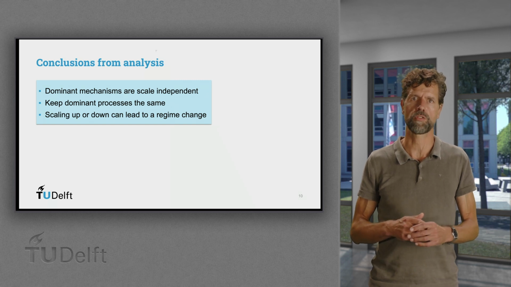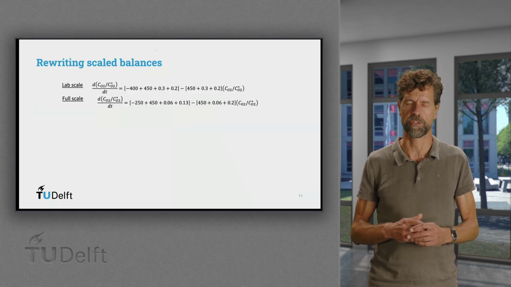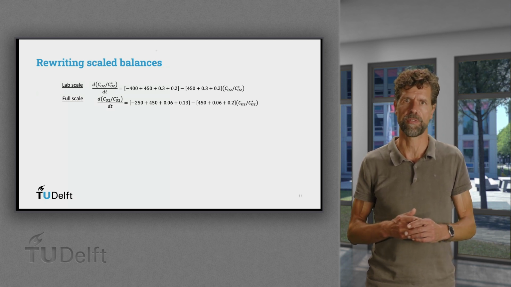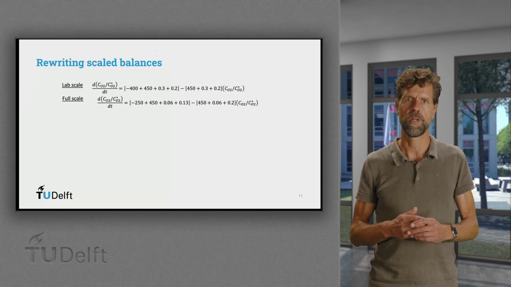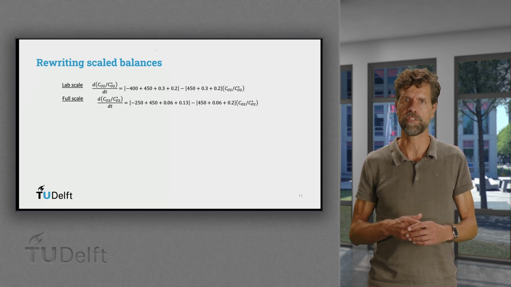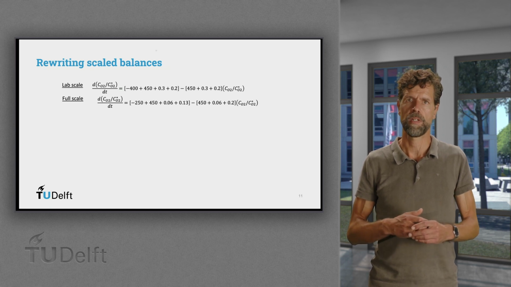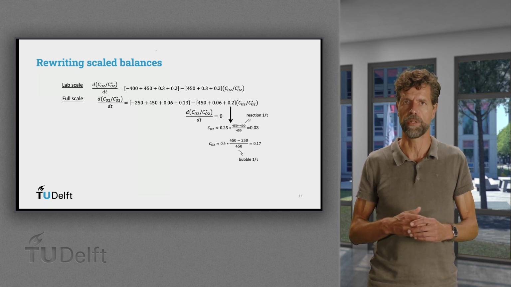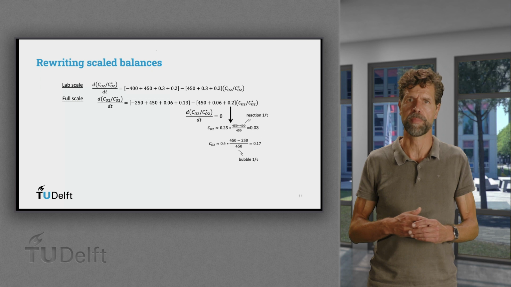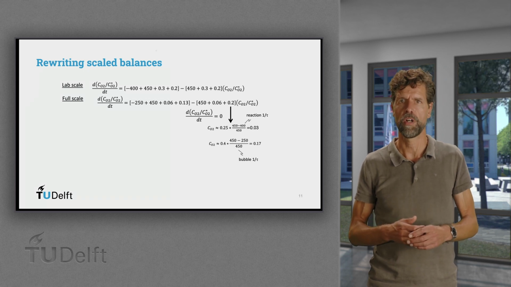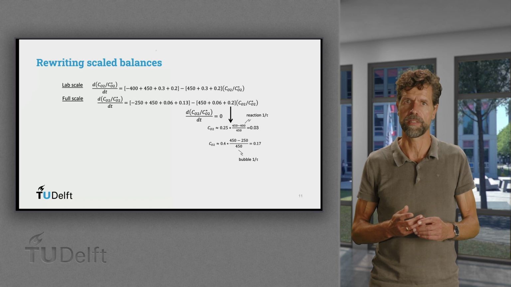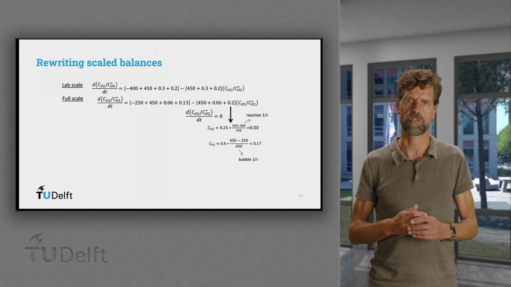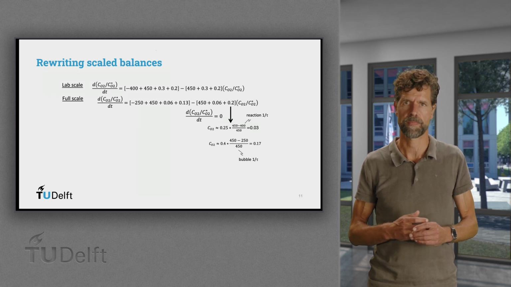We will return once more to the full oxygen balance for the ideally stirred continuous bioreactor. By rearranging the terms, we can express the accumulation term of the ratio C over C star as a sum of a constant part and a part that depends on C over C star. The steady state solution of this equation, that is when the accumulation term equals 0, strongly depends on the rate capacities of the two dominant mechanisms, of which the scaled reaction rate is scale dependent, albeit weakly. In other words, a different steady state oxygen concentration can be expected on both scales.